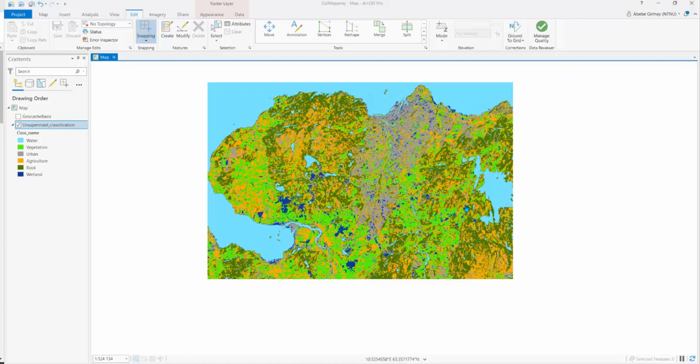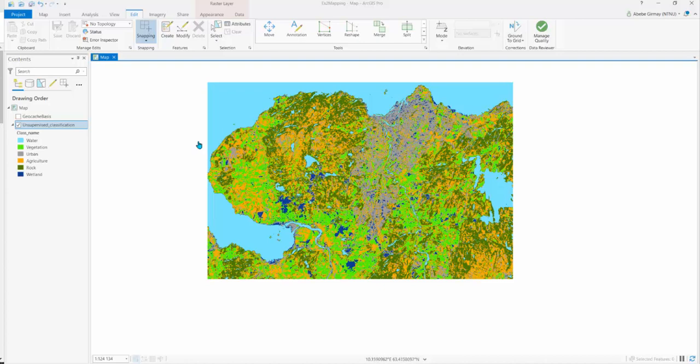I will show you how to make this proper map layout that has all the required marginalia contents: the legend, title, north arrow, scale, and everything that you need to make a nice readable